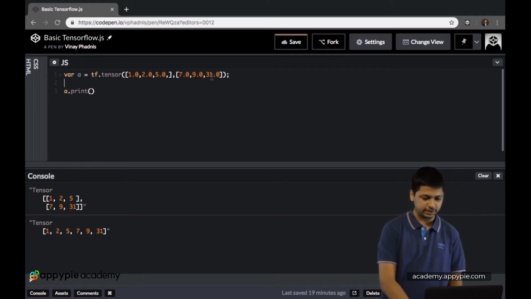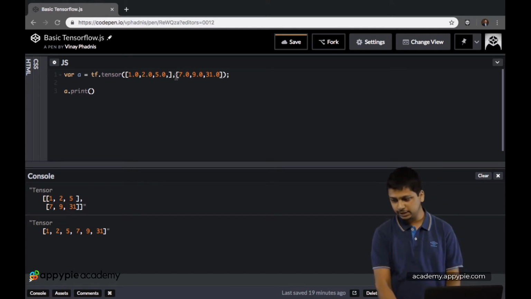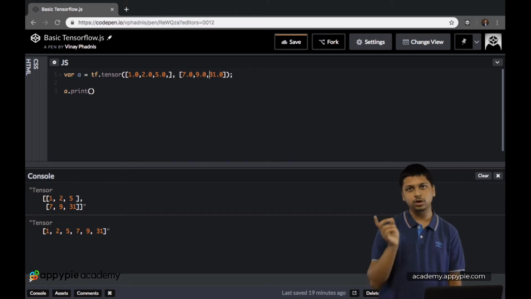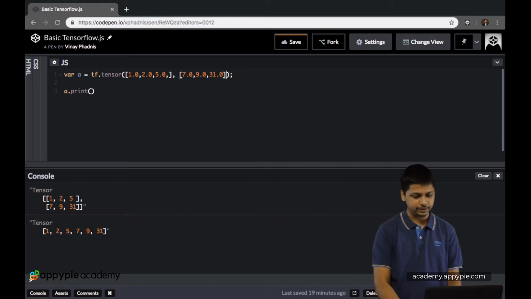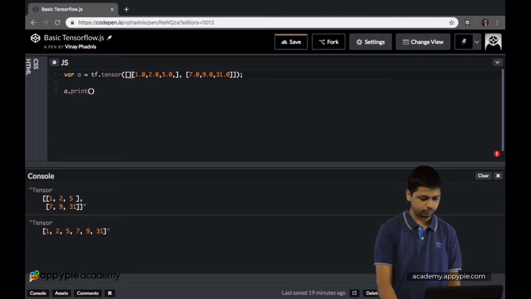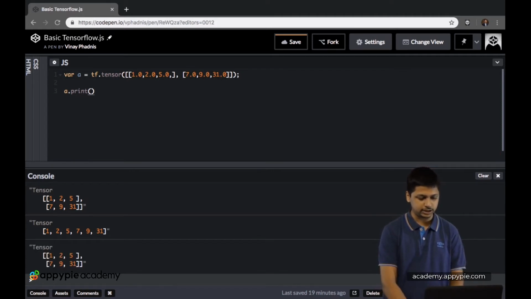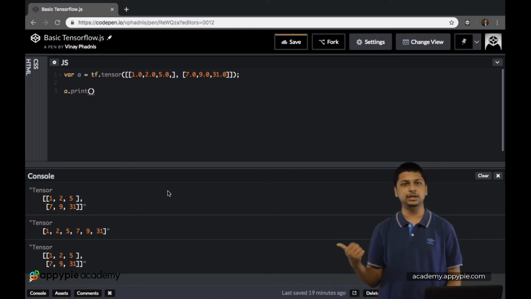Okay, so now we have 1 2 5, and then we give in a space, and now let's enclose all of this in another array, so square brackets. Now as you can see, we are getting out the same tensor as we want.